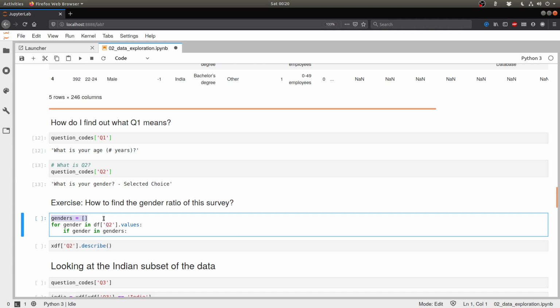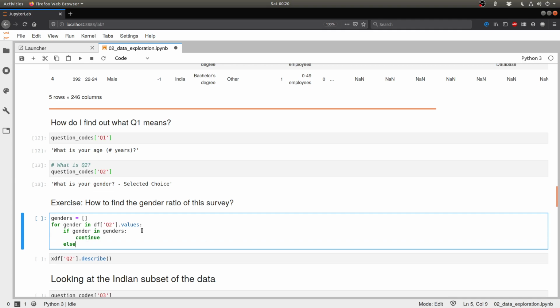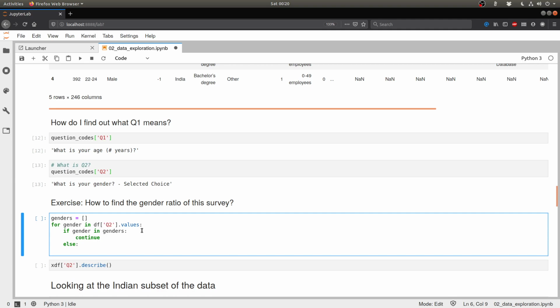So this is a list which is currently empty, and we are going to keep accumulating the different genders that we see. If the gender in a particular row of Q2 is already in this list, then we do nothing, which means continue the iteration. If it is not inside genders, then we can simply do genders dot append of gender.